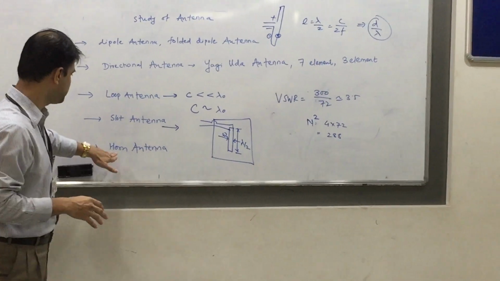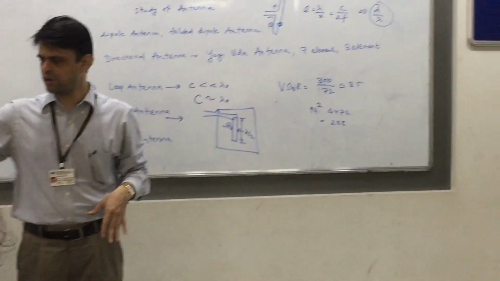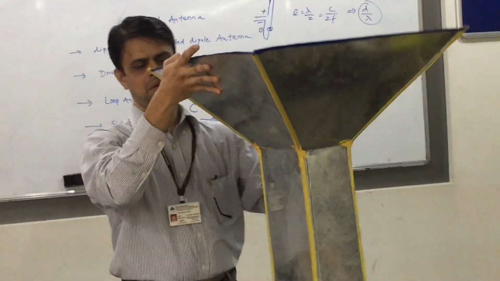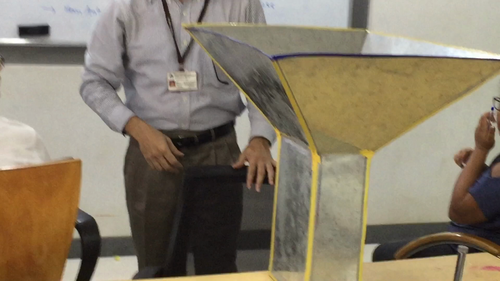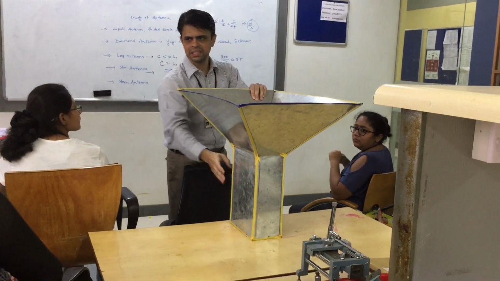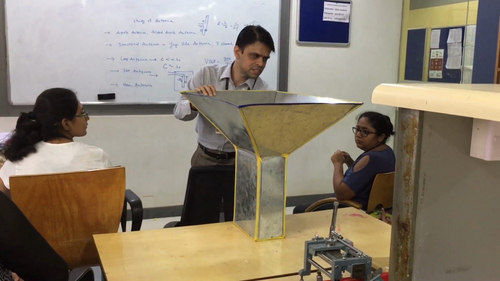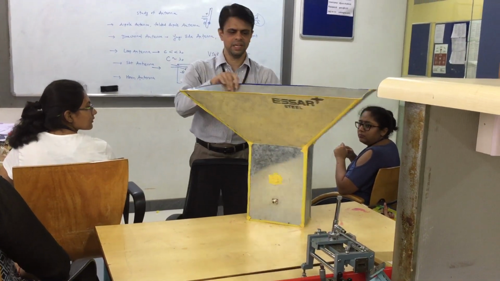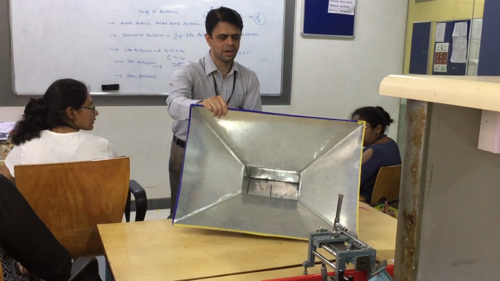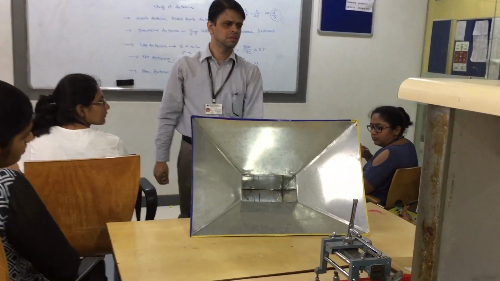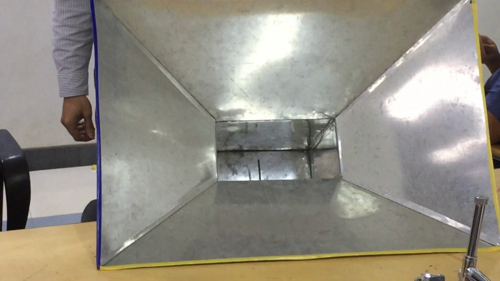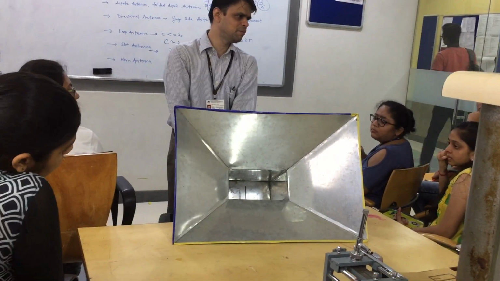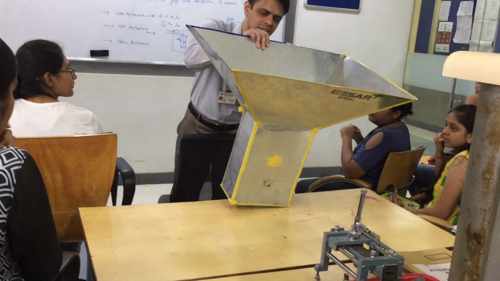Fine. Then the next variation is a horn antenna. Now this is basically a horn antenna design. It consists of 2 parts. This is the waveguide section. Here it is fed over here. You can see the connector. And then inside that you will see a wire. Can you see that? That is a monopole antenna. So the waveguide is fed using a monopole antenna, and the flaring is done.